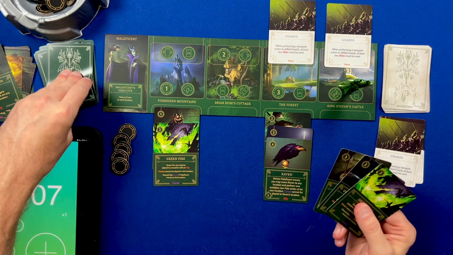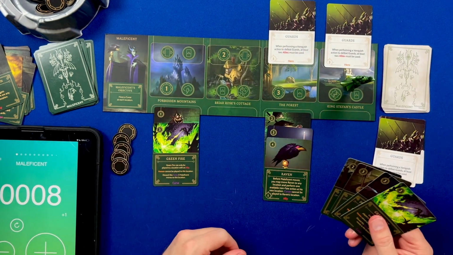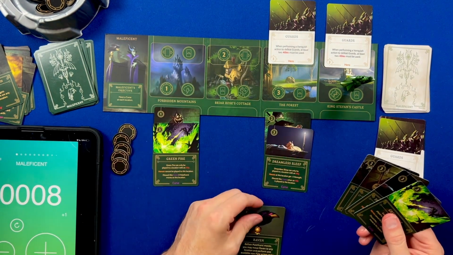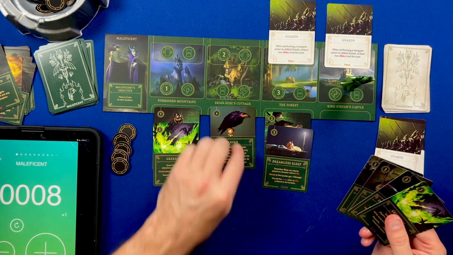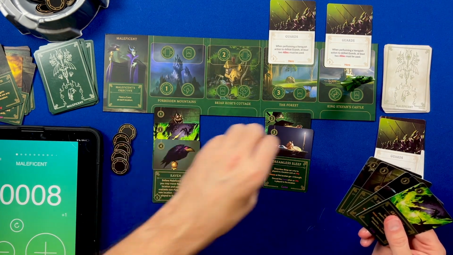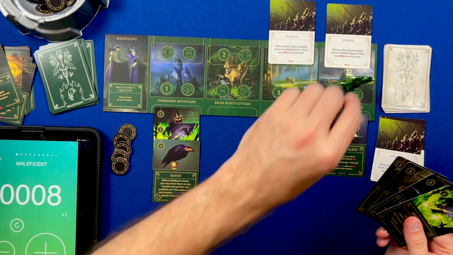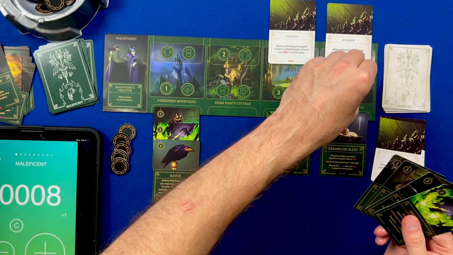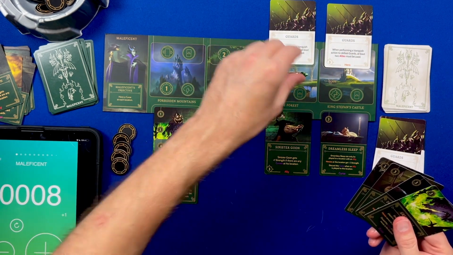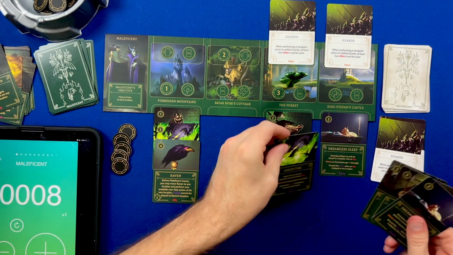Alright, so now we're on turn 8. We're gonna go... Oh, wait. Oh, I forgot to move the Raven. Okay. Well, we're gonna move the Raven now. And yeah, because I could have used the Raven to do the Vanquish action. Alright, so the Raven's gonna go here. Move Dreamless Sleep here. And then Maleficent is going to move here to gain 3. And then for 3, she's going to play...